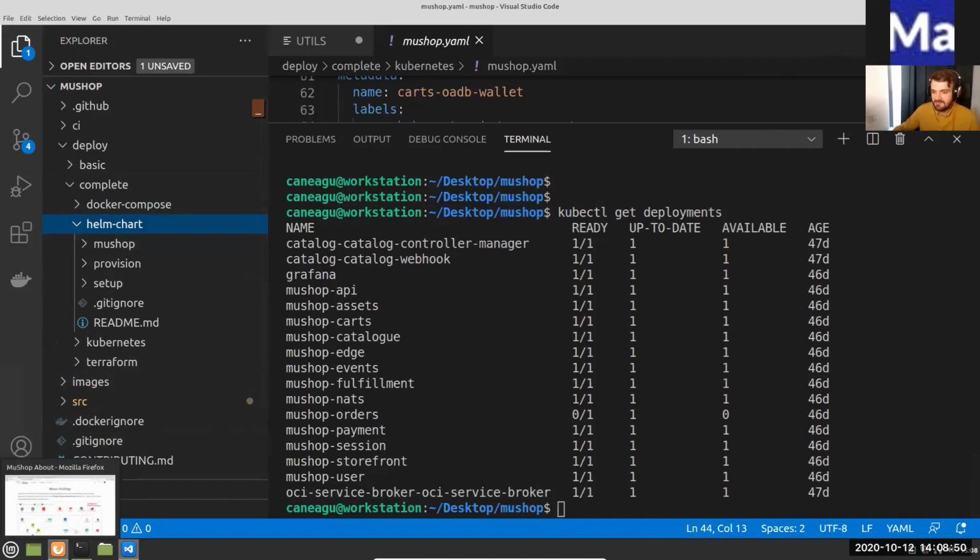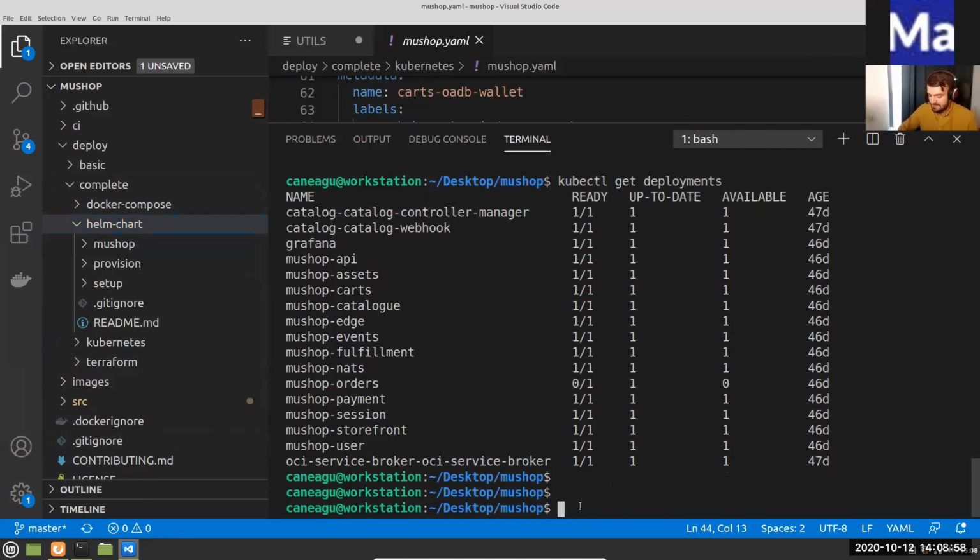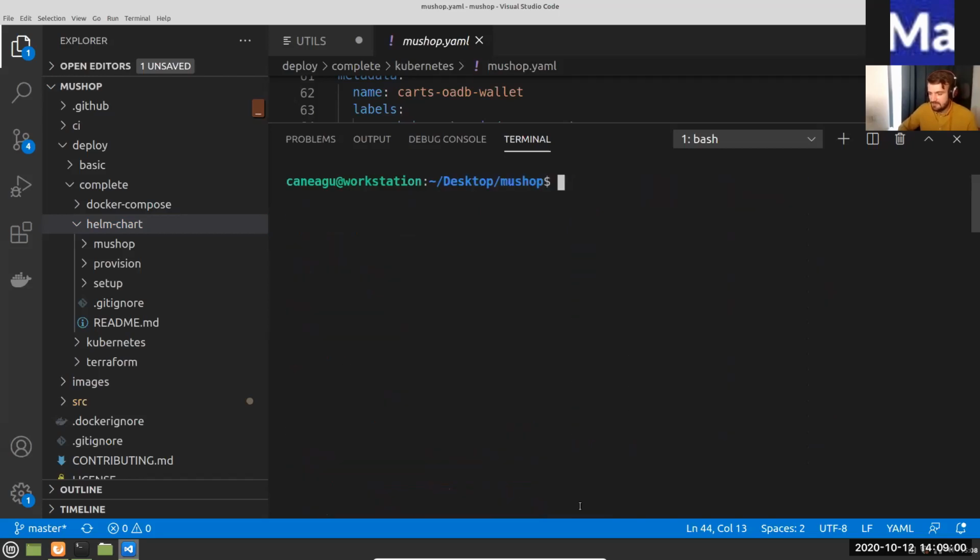But let me do something more graphical, or something which can be easily understood. Let's take a look at Istio, right? istioctl. Again, I was mentioning the dashboard. Oh, okay. I need to export it.